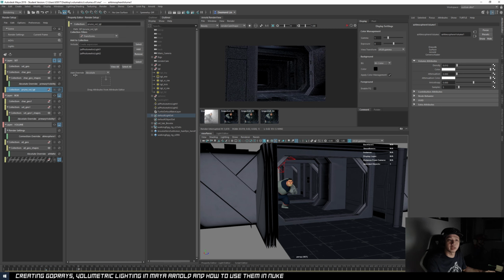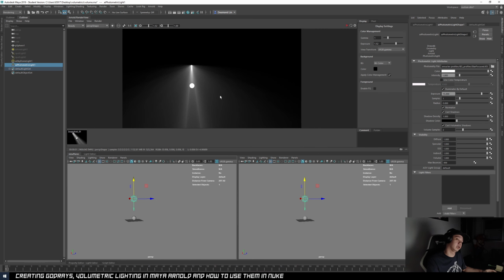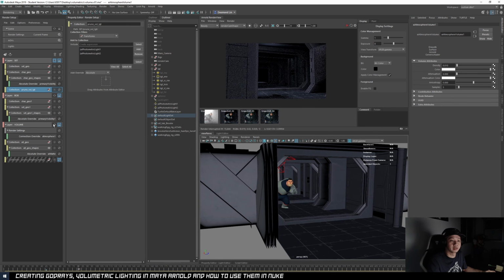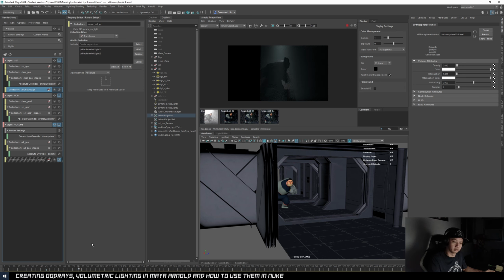That's how we can create all these volumes in Maya, and how you should technically be using them as a separate pass and comp them on top of your renders. Since we are talking about it, let me quickly do a render and open up the Nuke script that we had, and I'll show you guys what it looks like after we plus in the volumes. Give me a moment.